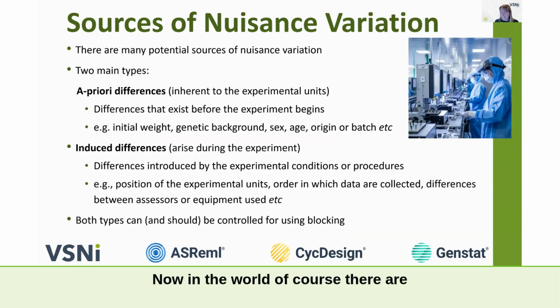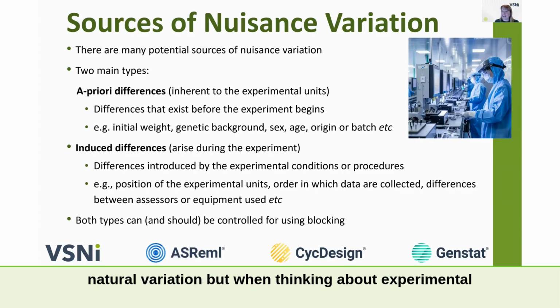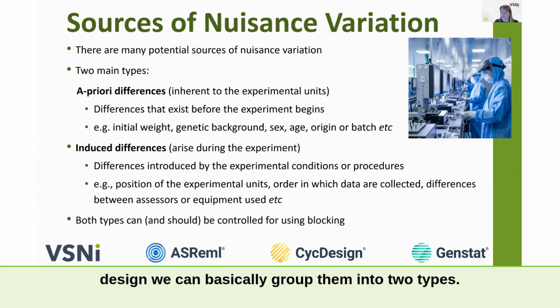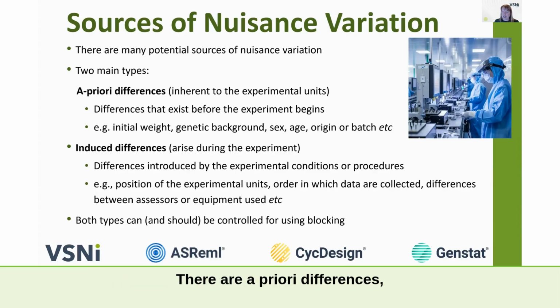Now, in the world, of course, there are many potential sources of natural variation. But when thinking about experimental design, we can basically group them into two types. There are a priori differences. So these are differences that exist before the experiment begins and are inherent to the experimental units themselves. So they can include things like the initial weight of our test subjects or the initial vigor of the experimental plants. However, there are also induced differences